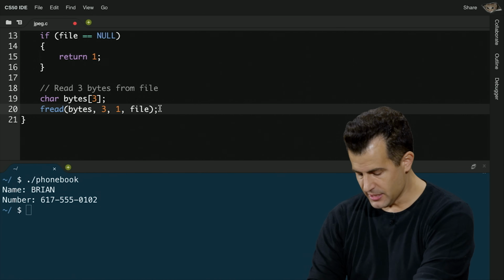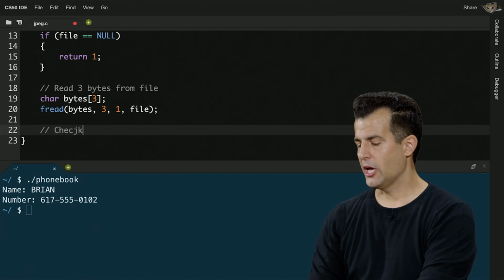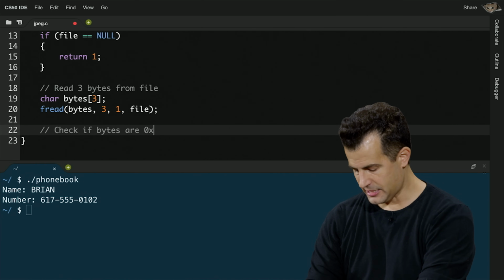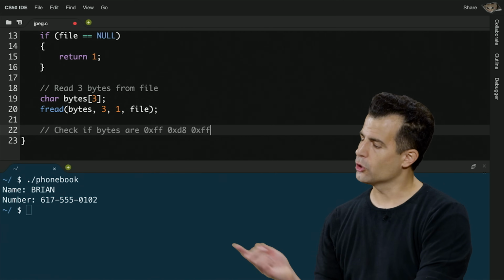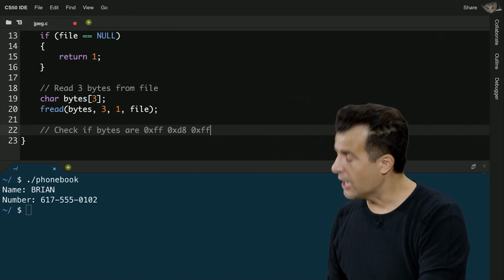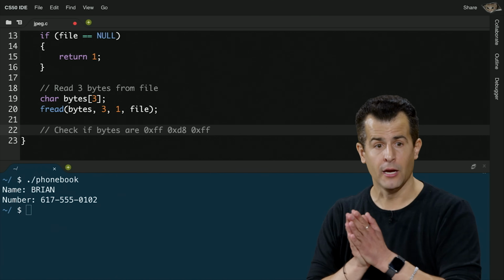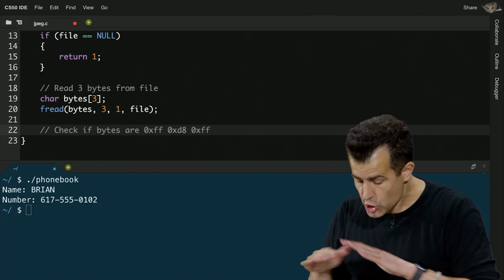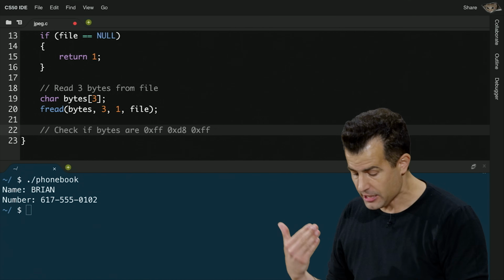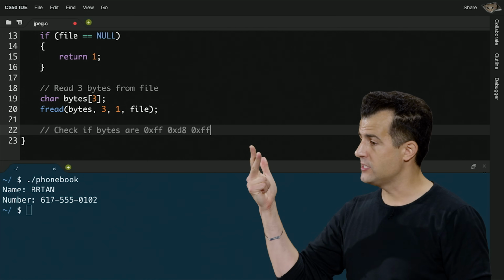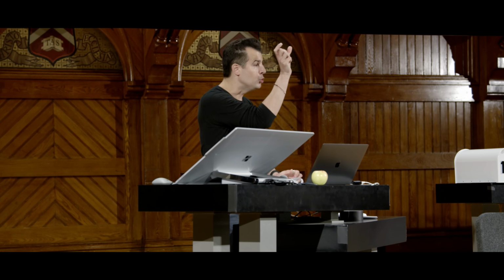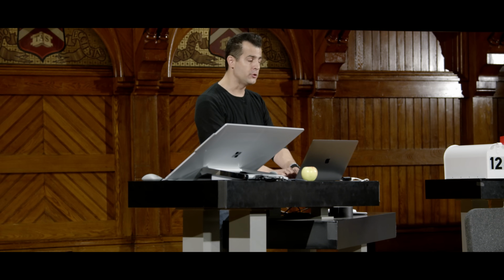And why am I doing this? Well, it turns out, check if bytes are 0xff, 0xd8, 0xff. So again, coming full circle to hexadecimal, it turns out that in the documentation for the JPEG image format, the first 3 bytes of any JPEG in the world, any photograph you've ever taken with your camera, start with FF, then D8, then FF. This is a so-called magic number that the designers of the JPEG format just decided to use as a sort of clue at the beginning of the file that, hey, here comes a JPEG image.